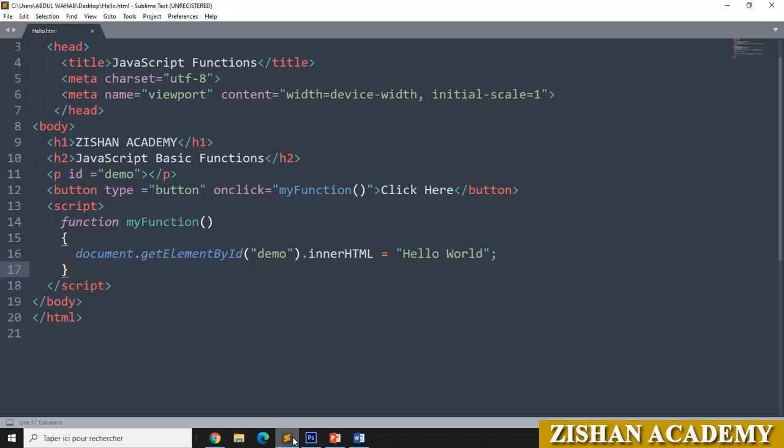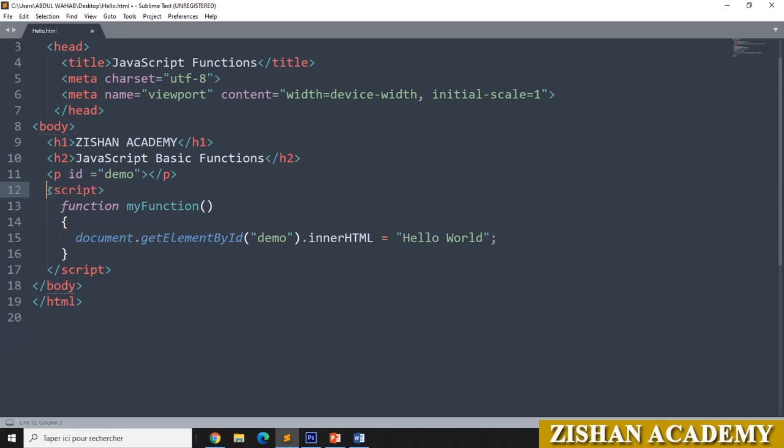Let us see the second example. Here we will remove the button. Okay, let it be as it is. Here we will go for JavaScript basic functions, passing parameters.